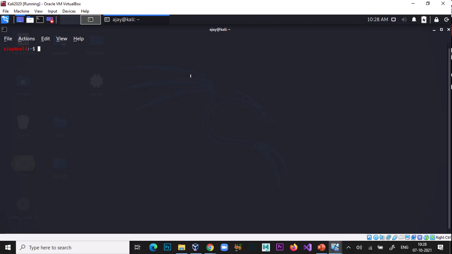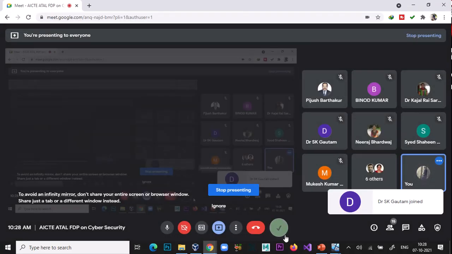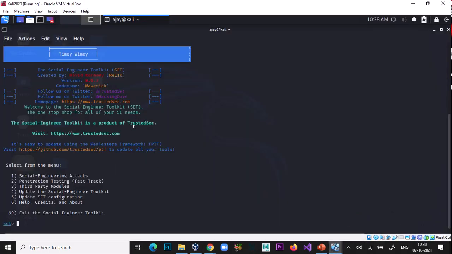Now just type sudo setoolkit and type your password here. So your Social Engineering Toolkit is started.